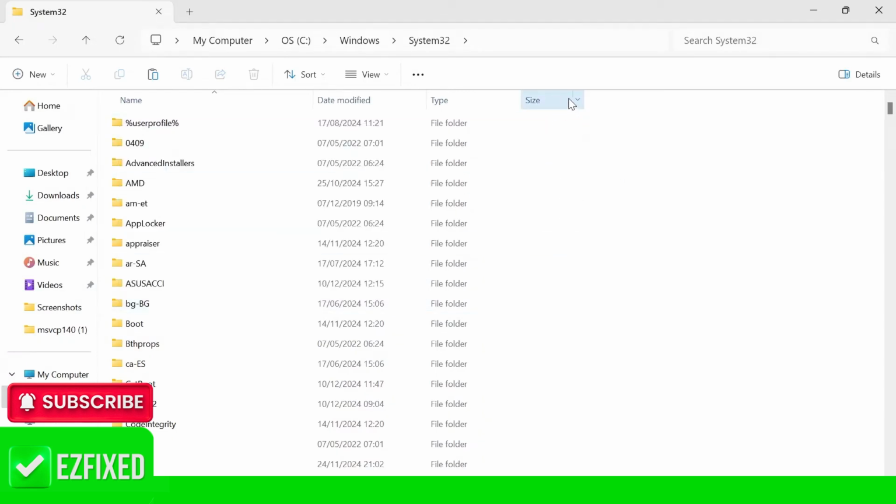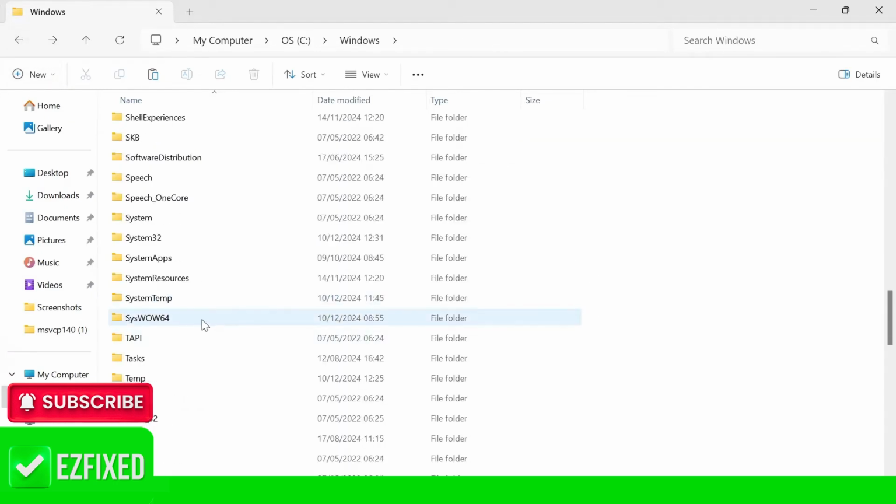So once you've pasted your file in this System 32 folder, if you're using a 32-bit version computer, then that's all the steps you need to do, and that should have now solved your error message. If you're using a 64-bit computer like myself and you downloaded the 64-bit file, then what you need to do is come back out of this folder, scroll down until you see syswow64 and double click this, and once again